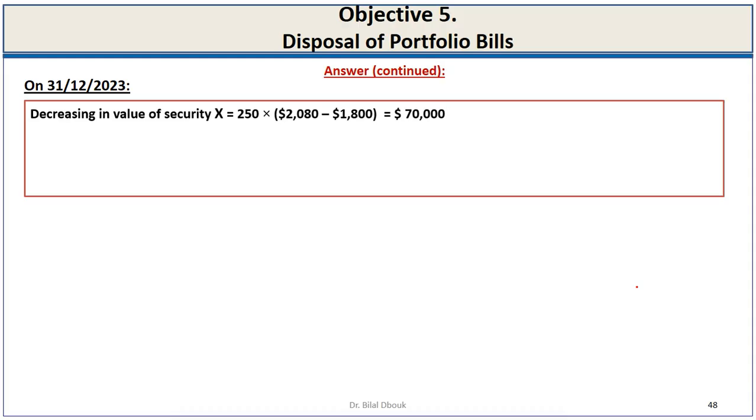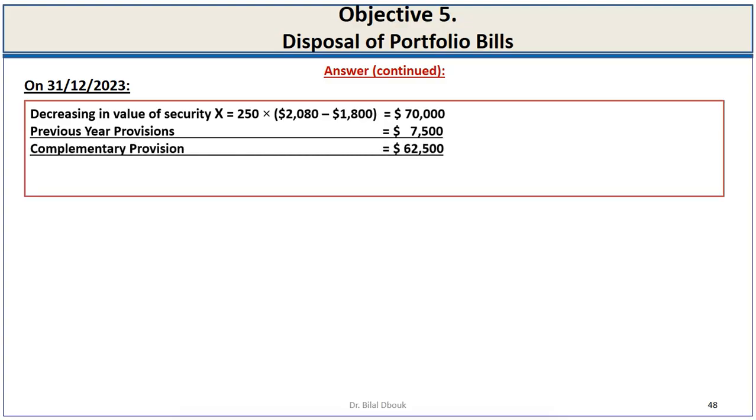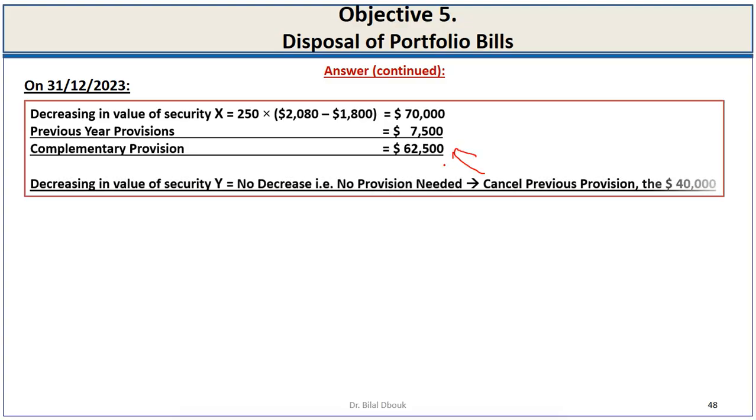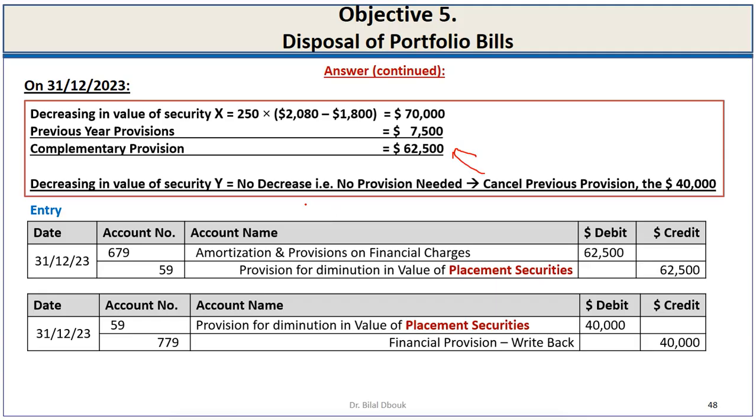In the following year we also have to manage a provision. The decrease in value for security X would be $70,000. However, the previous year provision was $7,500, so we have to increase the provision by $62,500. So we record the same entry. We debit amortization and provision on financial charges, and we credit provision for diminution in value, as you can see,